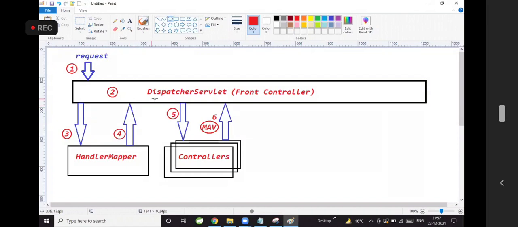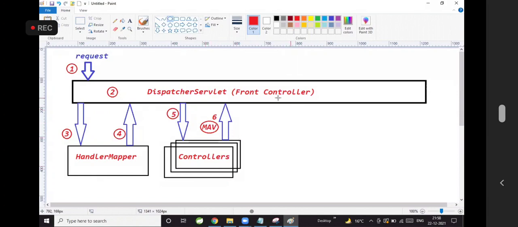Now dispatcher servlet got the controller information. Then dispatcher servlet will go to that controller and execute the controller method. Controller will execute the logic and return model and view object back to the dispatcher servlet. What is model and view? Controller will send data to the dispatcher, and the view file to the dispatcher, meaning the data should be displayed on that view. Model means data. View means web page name. Model represents the data in the form of key value pair.